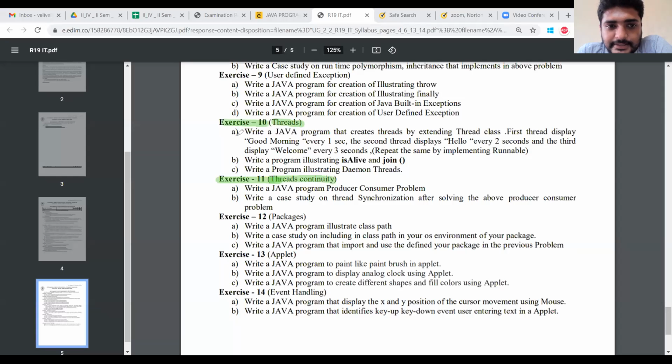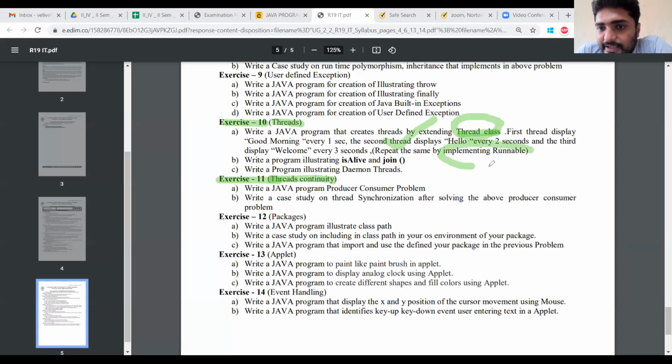The first one is 10A: write a Java program that creates threads by extending the Thread class. This program is regarding the creation of threads. Creation of threads can be implemented in two ways. The first is extending the Thread class.